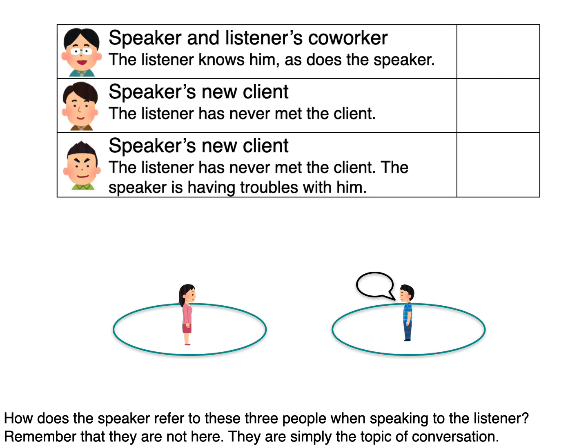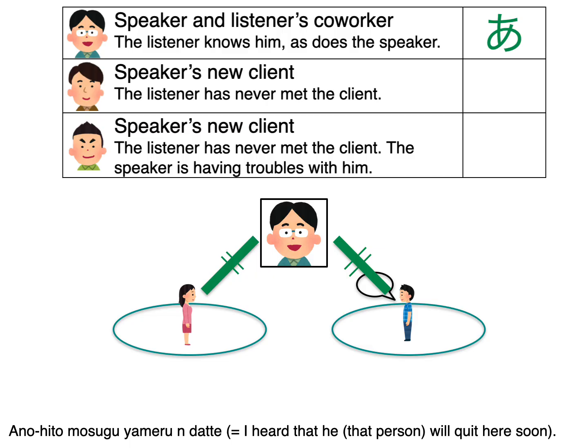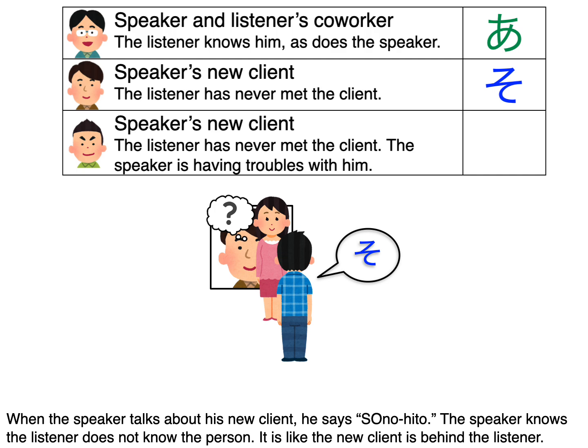How does the speaker refer to these three people when the speaker talks to the listener? Remember that they're not here. They're simply the topic of the conversation. When the speaker refers to the coworker, he says あの人 because he knows the listener knows the person as well as he does. The coworker is the same distance from each of them. あの人もうすぐ辞めるんだって。